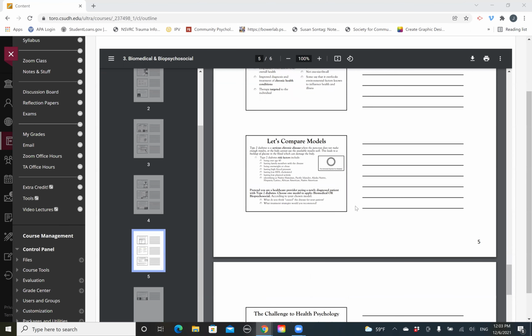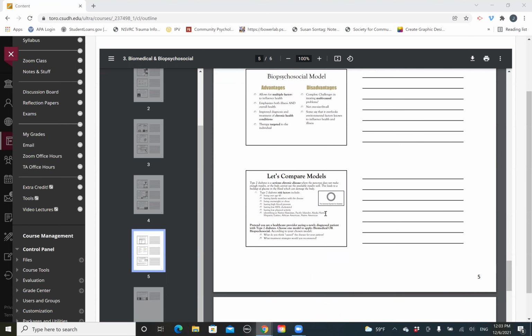So we're going to compare the models. And I know we did this in class. So type 2 diabetes is a serious chronic disease where the pancreas does not make enough insulin, or the body cannot use the available insulin well. This leads to a buildup of glucose in the blood, which can damage the body, right? So the type 2 risk factors include being over 45, family history, being overweight or obese, high blood pressure, low good cholesterol, low physical activity, and then